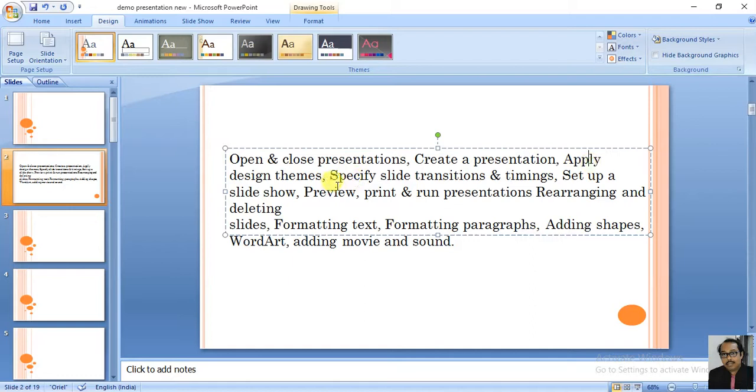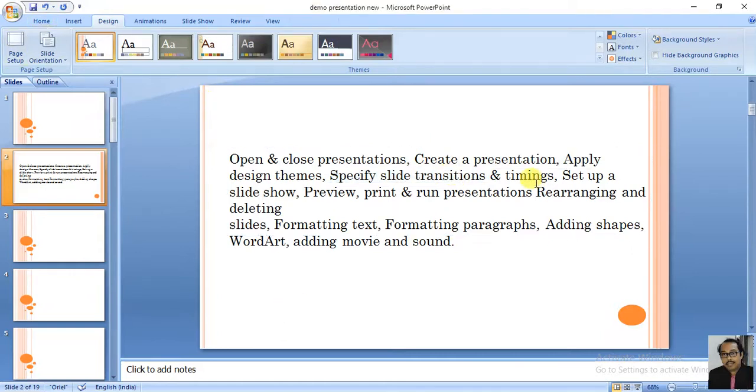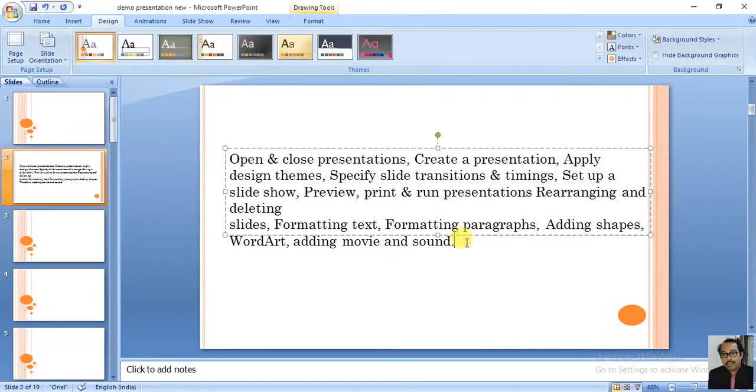Okay. Next one is specify slide transition. Now what is slide transition? That means how the slide will appear in front of you. Next one is